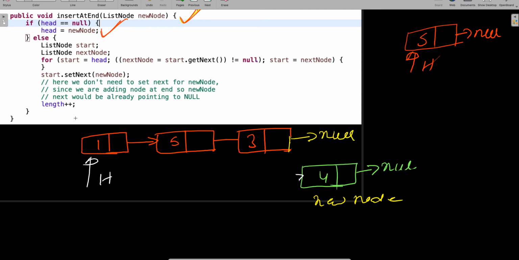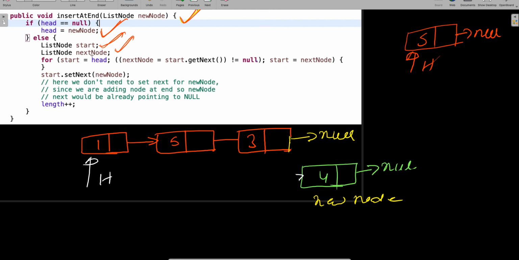Okay, look at these variables. The two variables I have created, start and next node, very important, right? Why have I created two variables? Because remember your for loop. How do you write a for loop? In a for loop, you write int i is equal to 0, i less than n, i plus plus. So there are three things: initialization, then condition, and then the increment or decrement operator, right? Three things you write. Same thing I'm doing here.